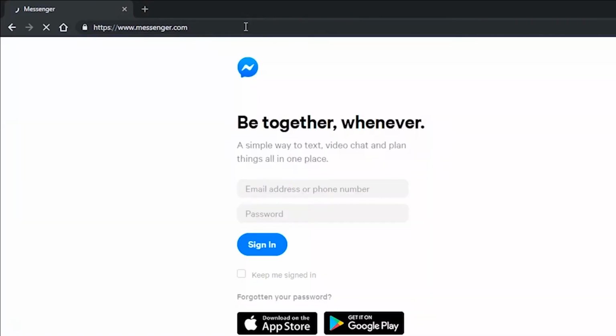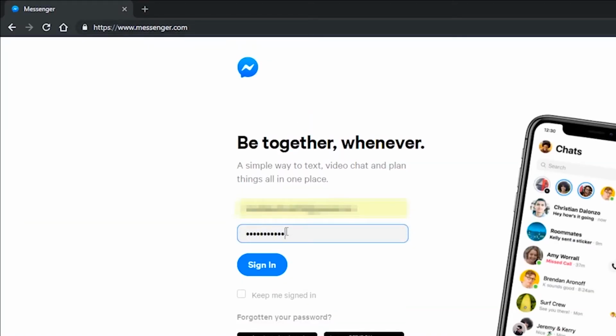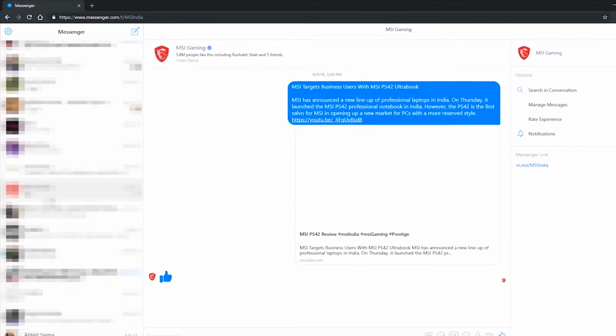If you only want to use the messaging part of Facebook on your computer, go to messenger.com, thus saving time,